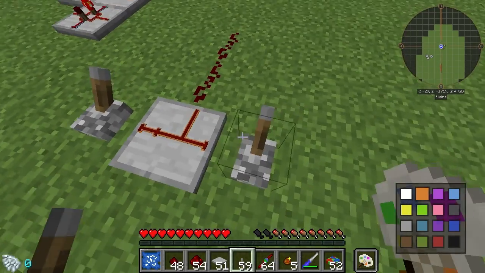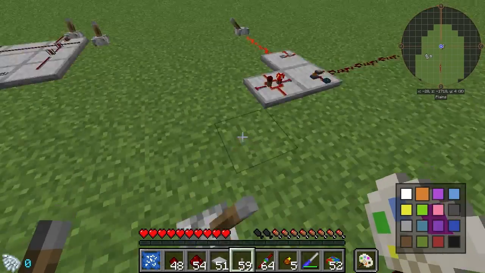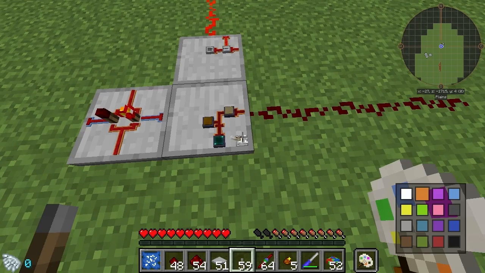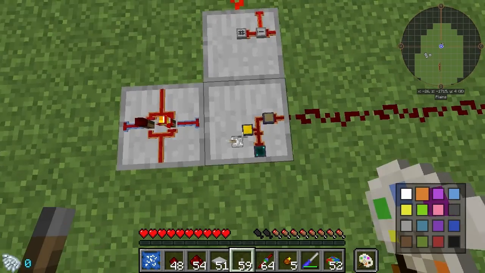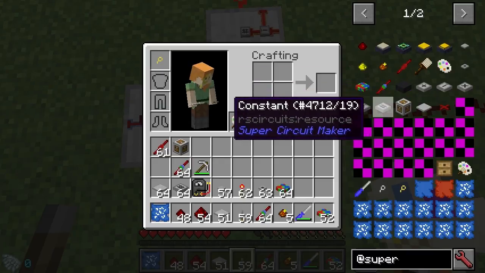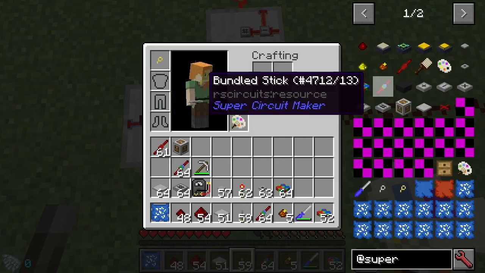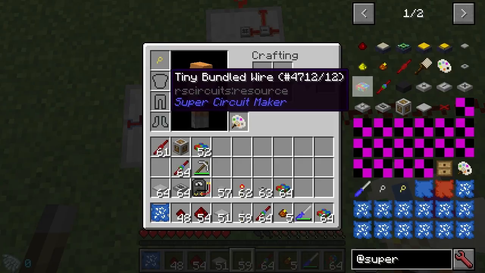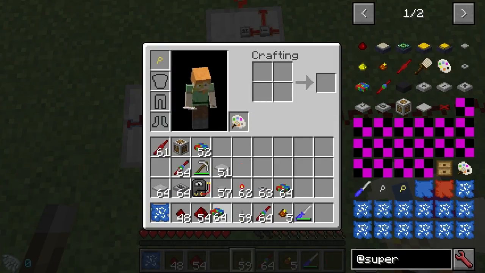So you can see the difference between those two, right? That's pretty cool. I like that. But anyway, I can't really tell exactly what's going on with this thing. It's all about delays and control signals and stuff, but I don't really get it completely. Yeah, the bundled stick, by the way, the bundled stick you would have to do